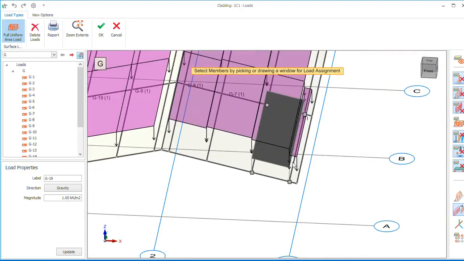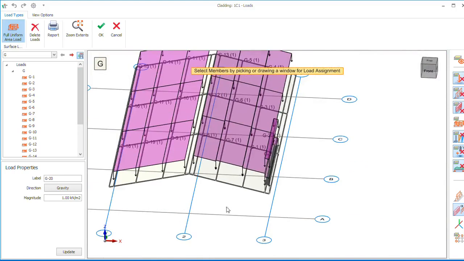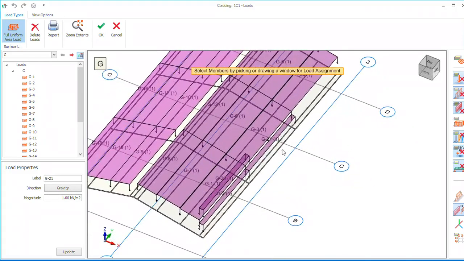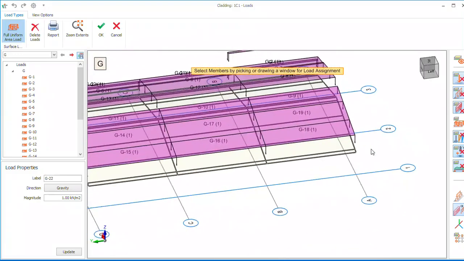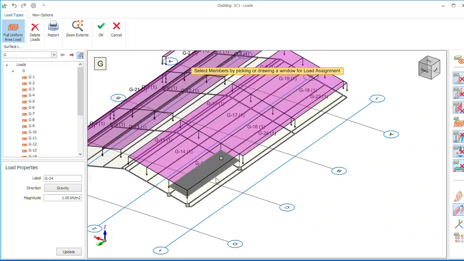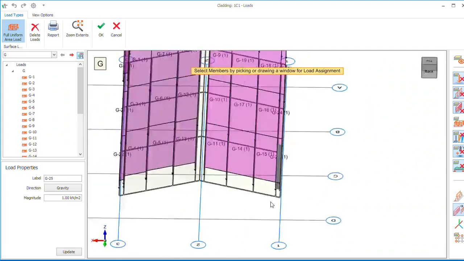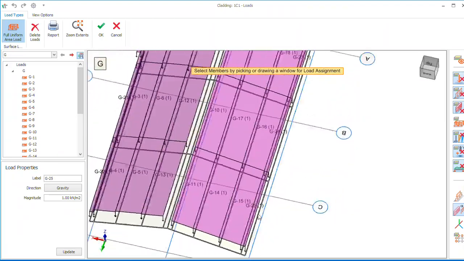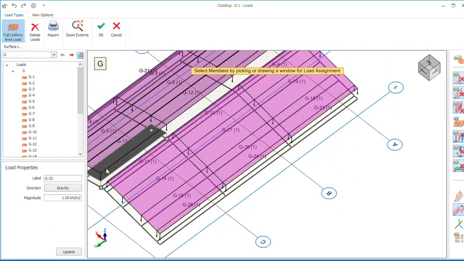Make sure you zoom in closely and make sure you capture all the places. Place it on all these panels just like this. Alright, so now that you have applied your loads,